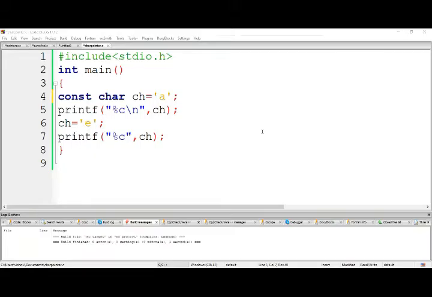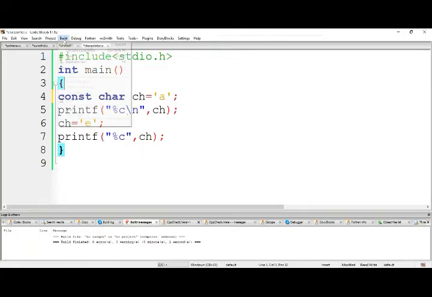During the entire execution of the program, its value will never change. This keyword denotes that this value is a constant value and will not get changed during the process of execution of the program.